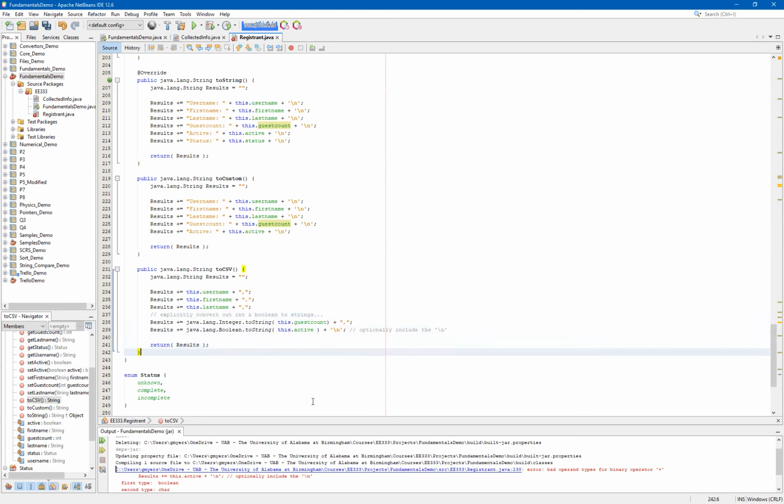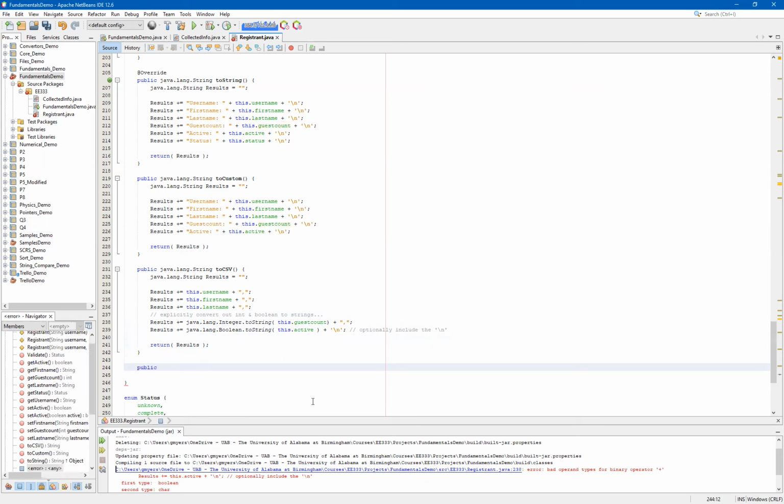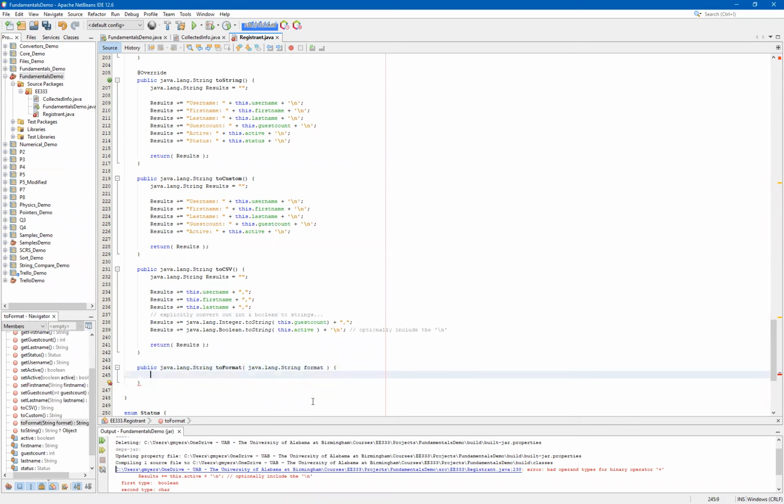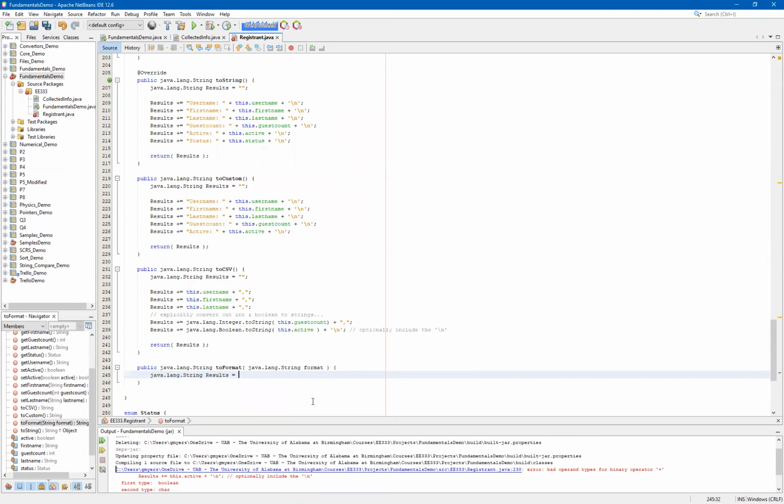And then the last function that we want to add here, just so that you can see how you could actually create yet another function that would leverage different formats, we'll have a public java.lang.String toFormat, and then we will provide as an input argument to this a format, and we will again use a java.lang.String results, set it equal to empty quotes,